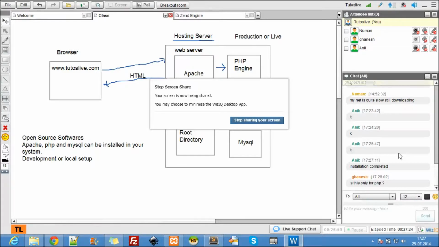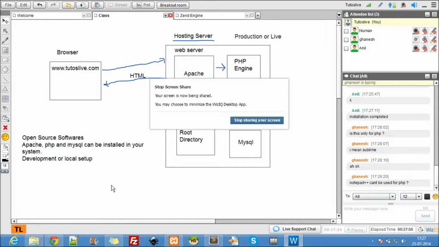Which one? Sublime? No, you can use it for anything. Until now we used it for HTML, and I used it for CSS. You can use it for anything, no issues in that. It's not confined to just one language. NetBeans is there for Java. Yes, Notepad++ can be used for PHP. We'll see with Notepad++ first. Okay, so that is it.